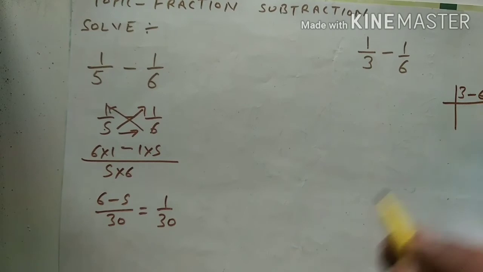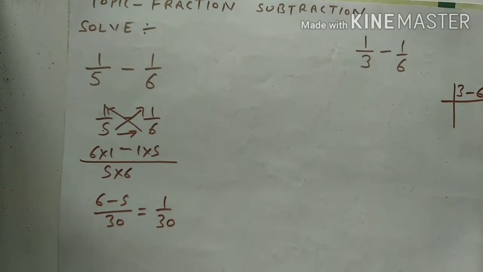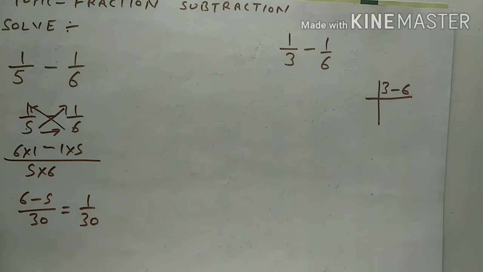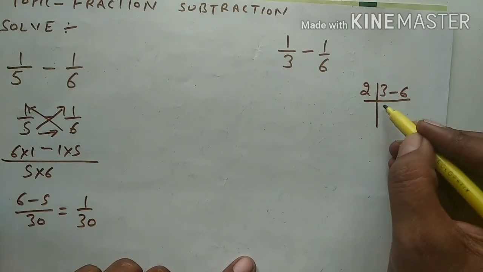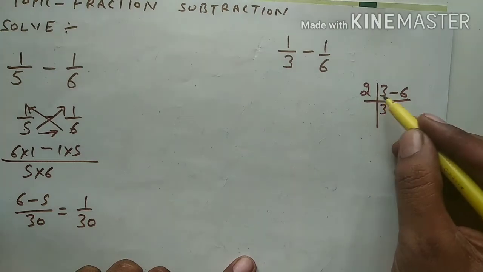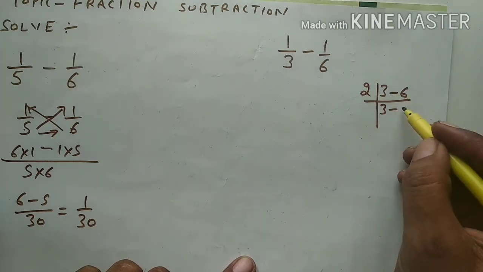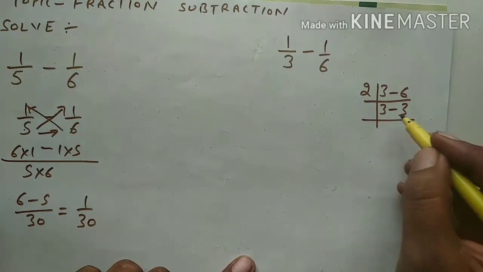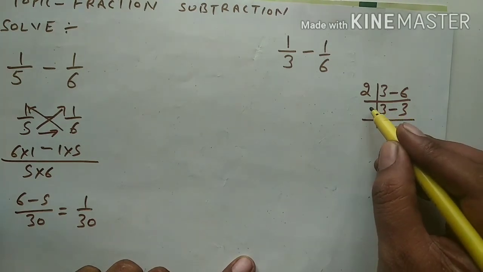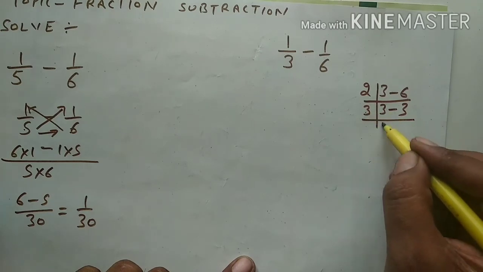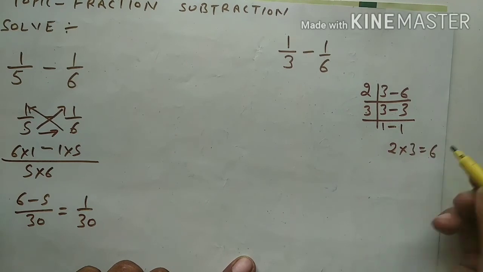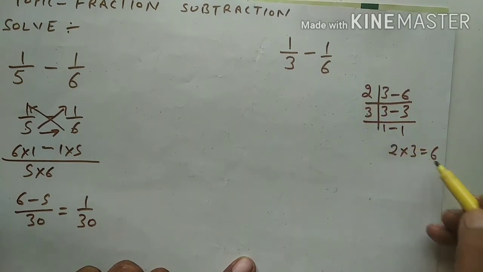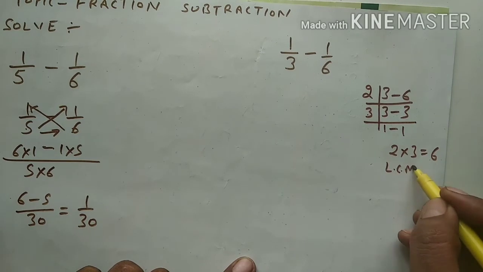3 and 6 LCM. Now you can see 6 is divisible by 2, so I will write 2, and 3 is not divisible by 2, therefore I will write 3 as it is. Now 6 divided by 2 is 3. After 2, which number comes? That is 3. Now I will write 3. Now I divide 3 by 3, that is 1, and 3 by 3, 1. Now what is the LCM? 2 multiply 3, that is 6. These 2 and 3 are multiplied, then we get the LCM. So the LCM is equal to 6.